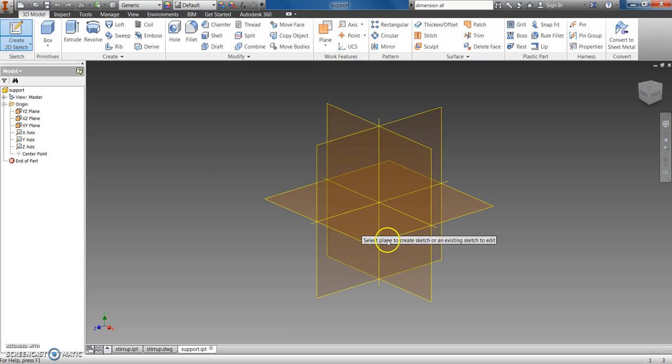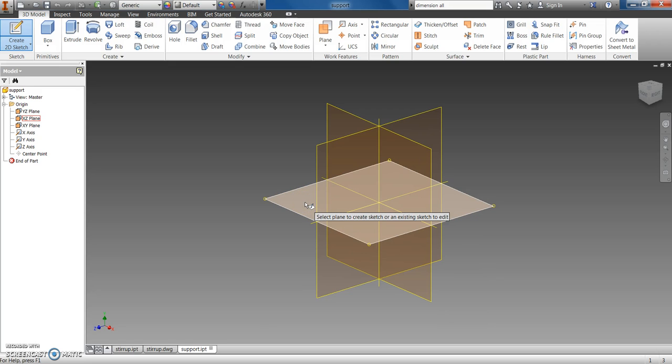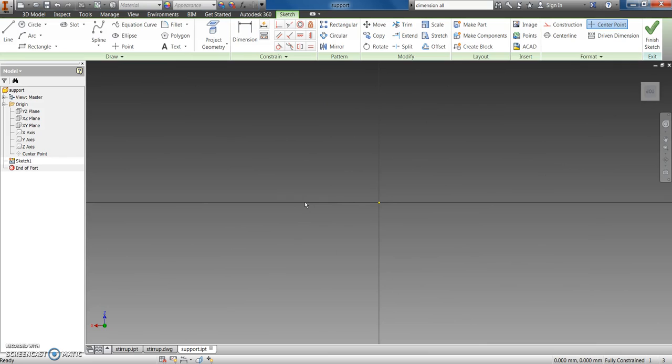And same as on these particular axes, you can track them in this left-hand sort of series of points. So I'm just going to go ahead and select my plane, and then I'm going to start the base of our support,